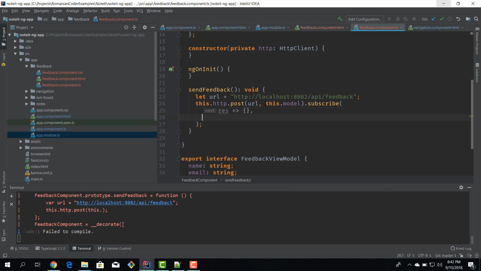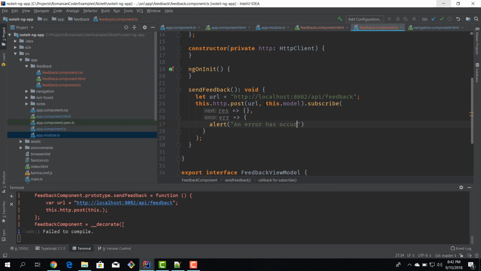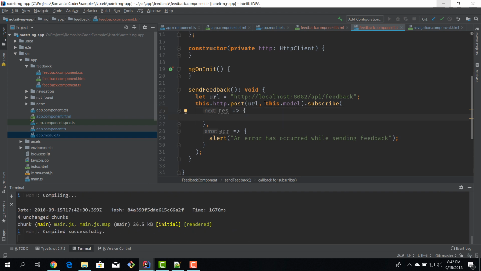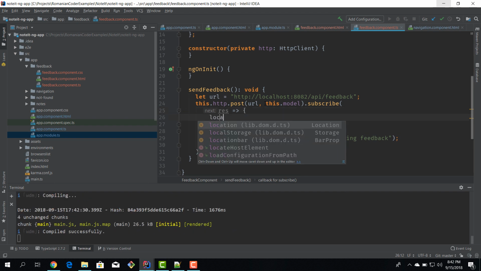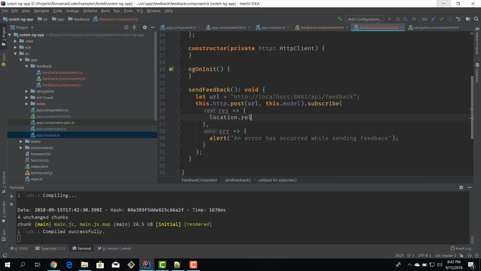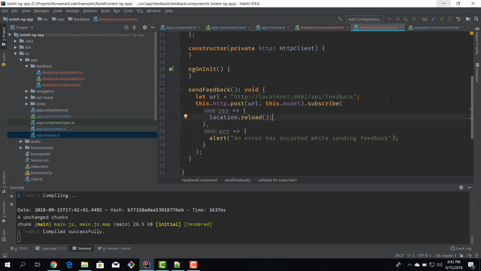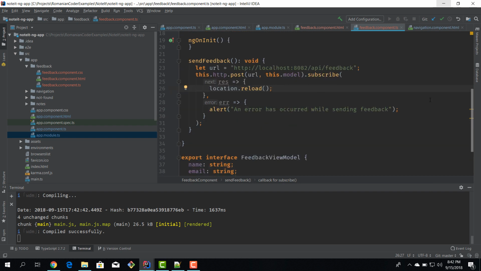And now we can subscribe to this event, okay, and we have on success, which is, okay, we can do something here, and we also have an error event. Okay, so if an error occurs during the request, we can simply alert, you know, an error has occurred while sending feedback, and if the post is successful, we can just reload our page. Okay, so we just remove what the user entered, we reload the page, and we give him the possibility to add another feedback. Okay, so now this is the send feedback method,